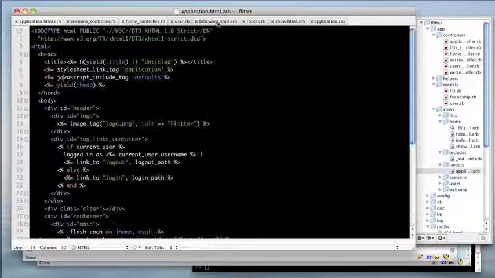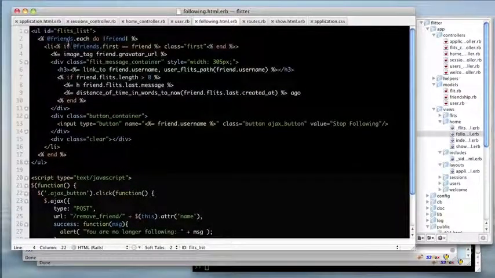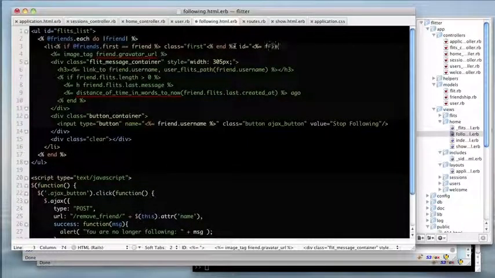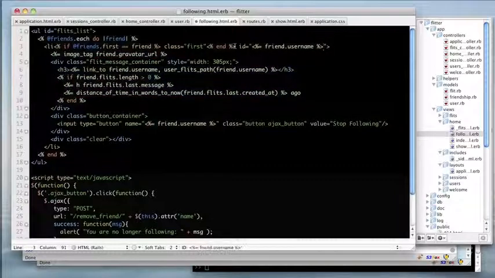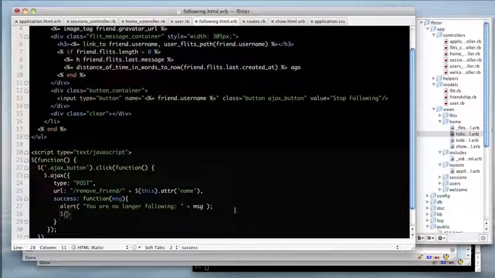Now the only thing we have left to do on that is when we're following them, we actually need to remove this div here. So I want to make sure that my li has the ID of the friend. So ID equals, and then I'm going to have the friend.username. So that way we can reference that ID and make it go away. So now we can say, okay, well, now that they're gone, I'm going to make this